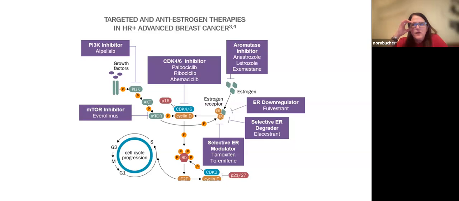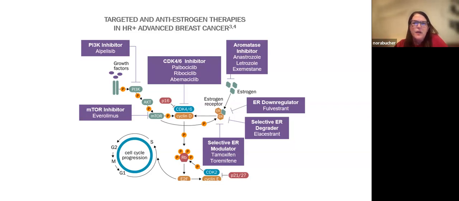Many of you probably have heard of palbociclib, ribociclib, or abemaciclib, which we refer to as CDK4/6 inhibitors. And nowadays you can see that in the center, and that's the pathway that's followed. We often don't have to test tumor tissue for any sort of particular mutation to use these medications. Same if you go to the right, our aromatase inhibitors, we usually don't have to test tumor mutations,